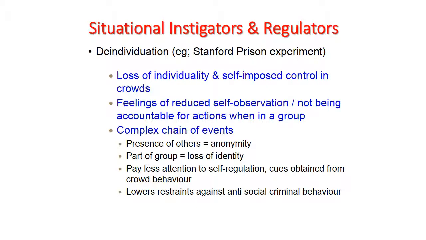Sometimes deviant behaviors could also be a result of the process of de-individuation. For example, what happened during the famous Stanford experiment, where a group of students were recruited to be participants in a study. This group was then divided into two subgroups, one supposed to be the prisoners within a prison, and the other the guards.